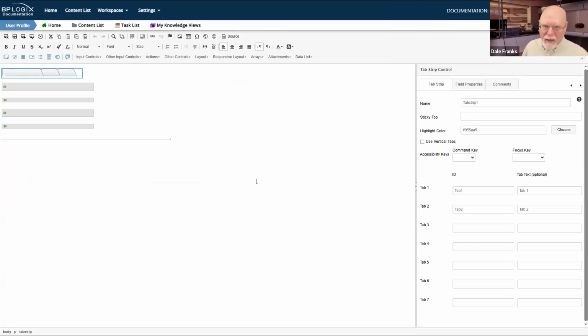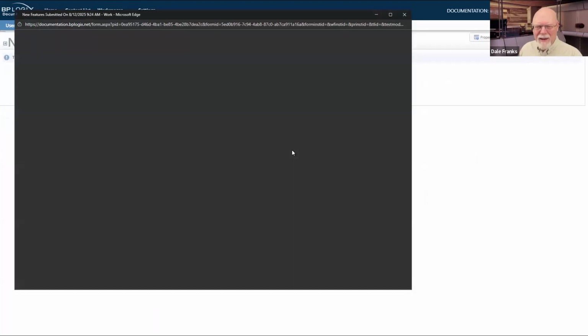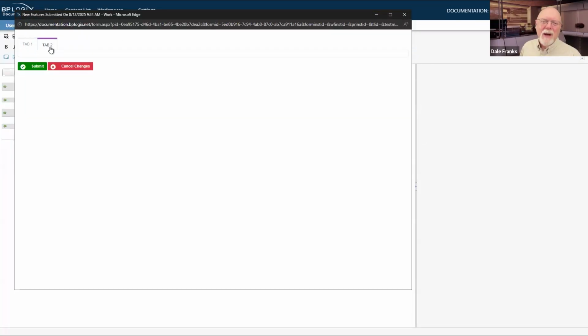And we've been setting that highlight color ourselves. We had a request to make a change so that we could have uniquely colored highlights on the tab. So the new highlight color property will specify the color of that highlight, and it just changes the background of the top portion of the tab. Now, in this case, I've set this value to 955AA5, which is the BP Logic's purplish color. It's kind of a purplish gray sort of color, but it's up here at the top, tab 1, and as you go from tab to tab, you can see it change.